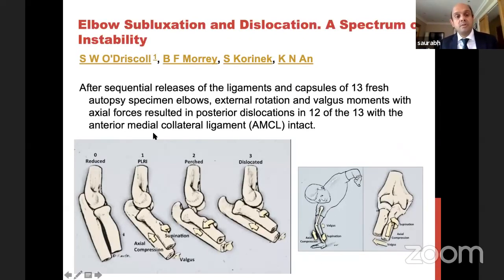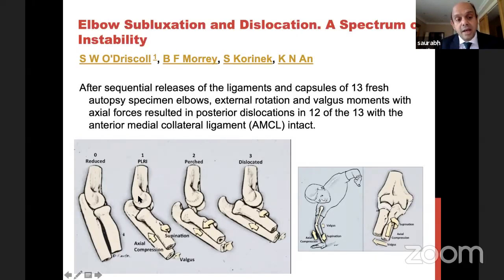So what he did was a cadaveric study. As I was showing you in the last picture, these were the forces he subjected his upper limb cadaver to: an external rotation or supination force, a valgus force, and an axial compression. And what he found was, normal elbow, and then there's a spectrum. So for the elbow to reach the dislocated stage, it goes from normal through a variety of stages. The first stage is PLRI,